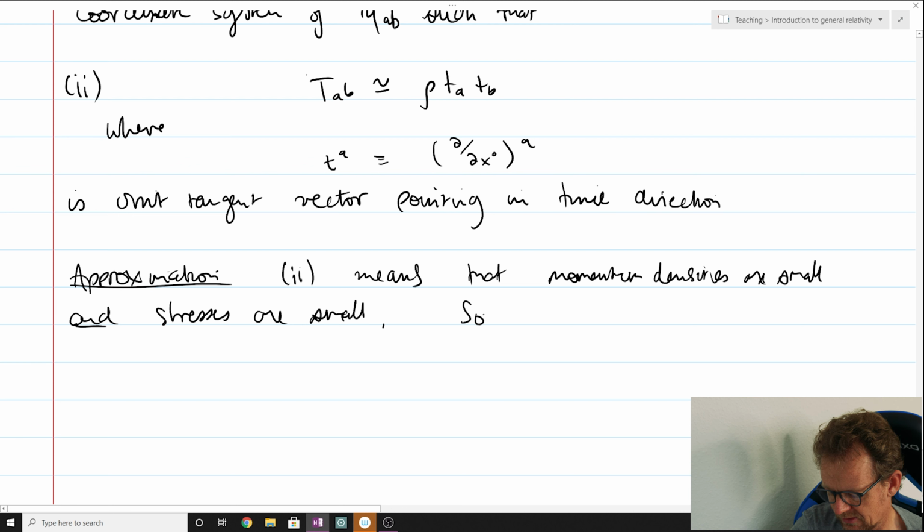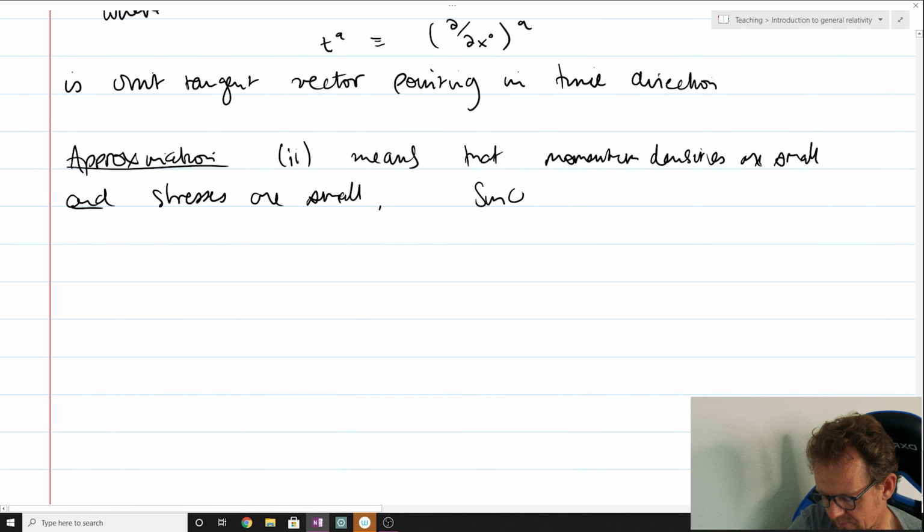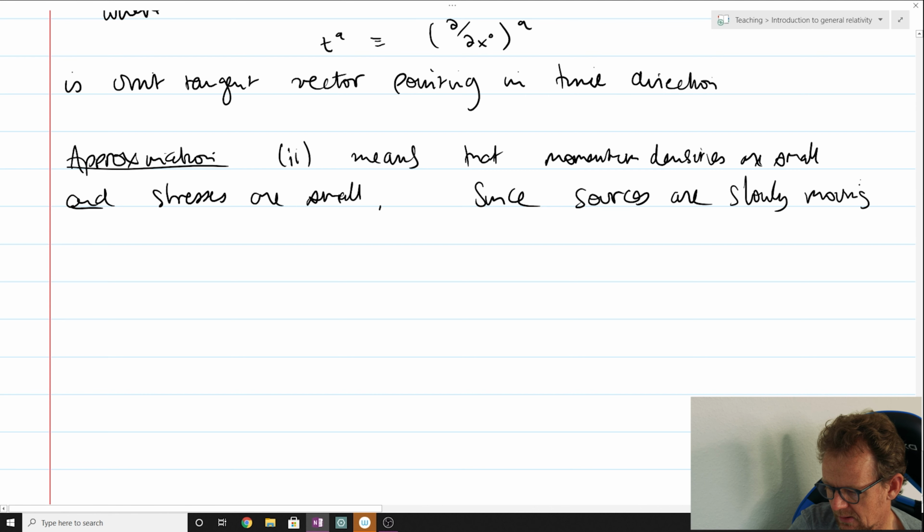And sources are slowly moving. Well, yeah. We've already assumed that, right? However, what's a consequence of that assumption? Since the sources are slowly moving,